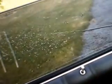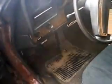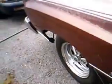This is all leather right here. It's actually in pretty good shape, just a little dirty. First thing I'm going to do is, I got these summer project things going on, so I really don't plan on getting into this until about August or September. Plus, I really don't want to be out here in the heat working on this thing, because I'm a wuss when it comes to the heat. But anyway, what I'm gonna do is I'm gonna start with the interior. I'm gonna take all that stuff out of there, and